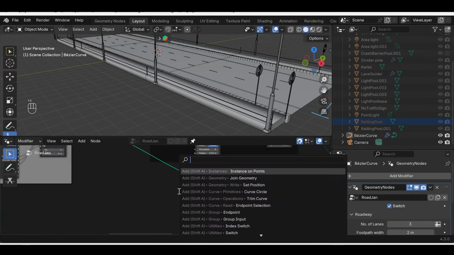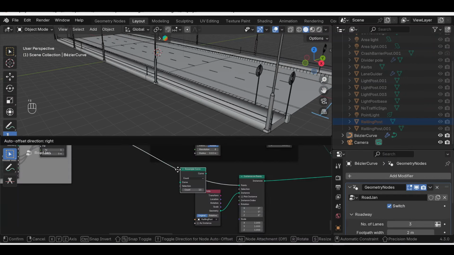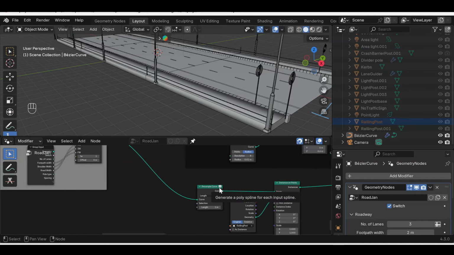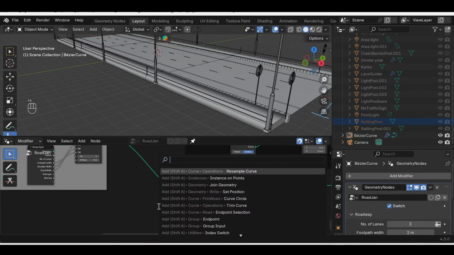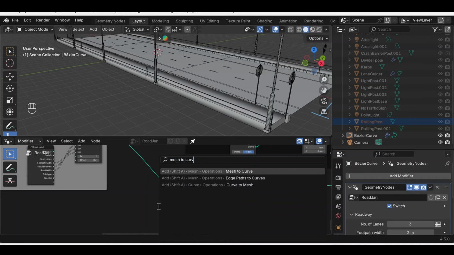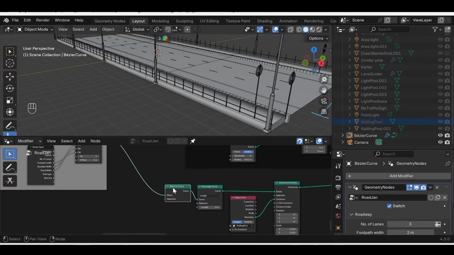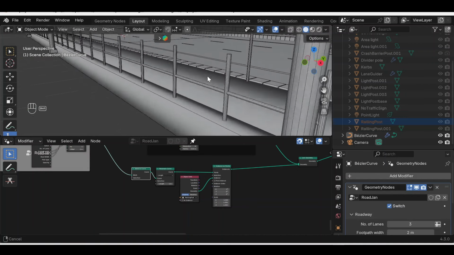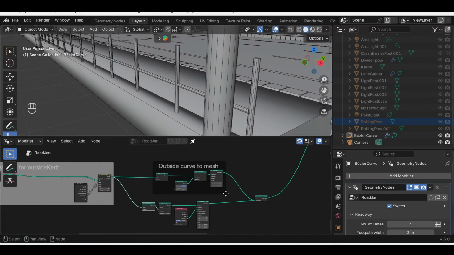Okay, now I need to resample it. Let's resample it with length and distance of 1 meter, and again we need to convert it into curve with mesh to curve. So now you can see. Again we will copy this